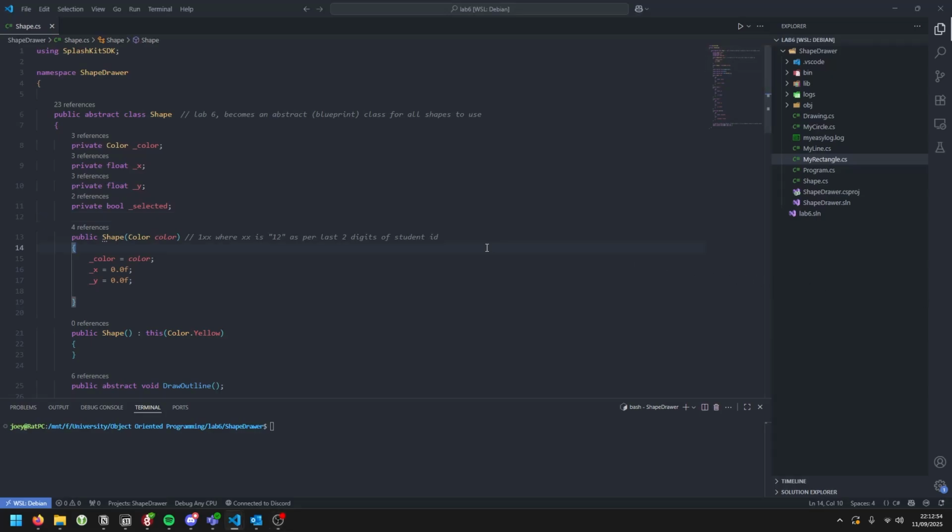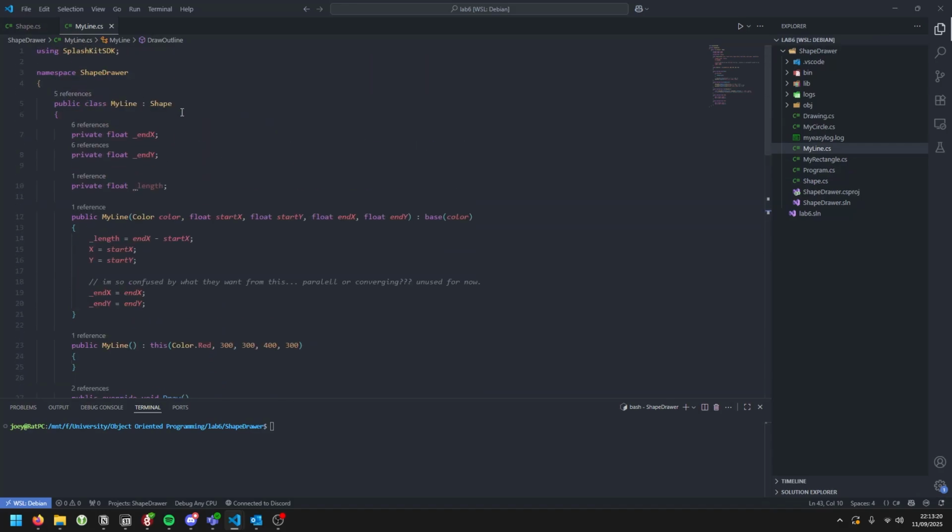Okay, so in object-oriented programming, we have what's called a class hierarchy, meaning there is a parent class or an abstract class, which is like a blueprint class for all other child shapes to use. So obviously the rectangle, circle, and line, these are a type of shape. So if we go into these, we can see that my line is a type of shape. So we know by the rule of inheritance that my line will inherit everything, including the fields and methods